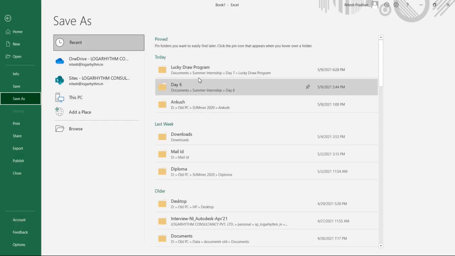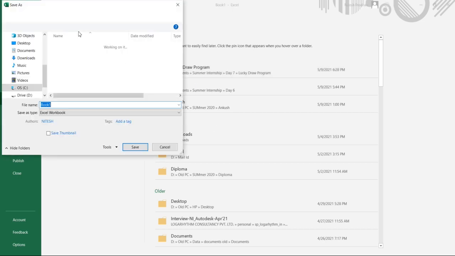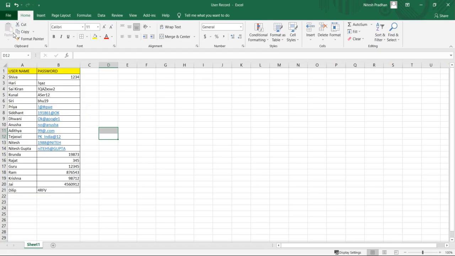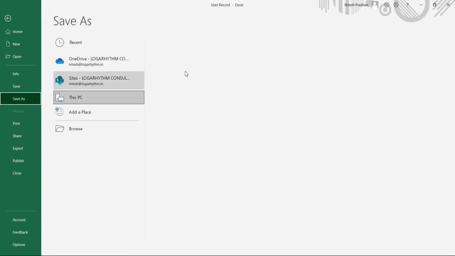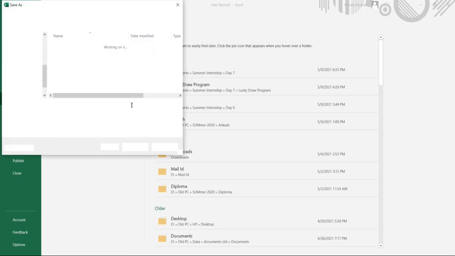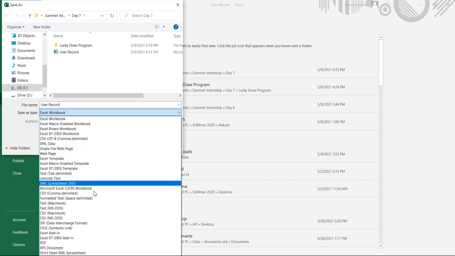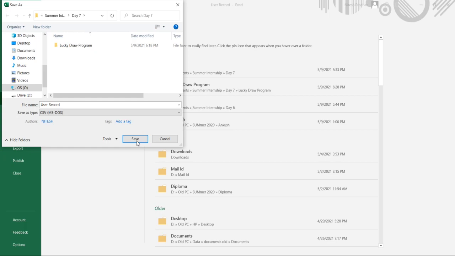I am going to save my database inside this place in day 7 with the name of user record save. Sorry, I want to save this database with the name of user record save, but in the form of CSV.